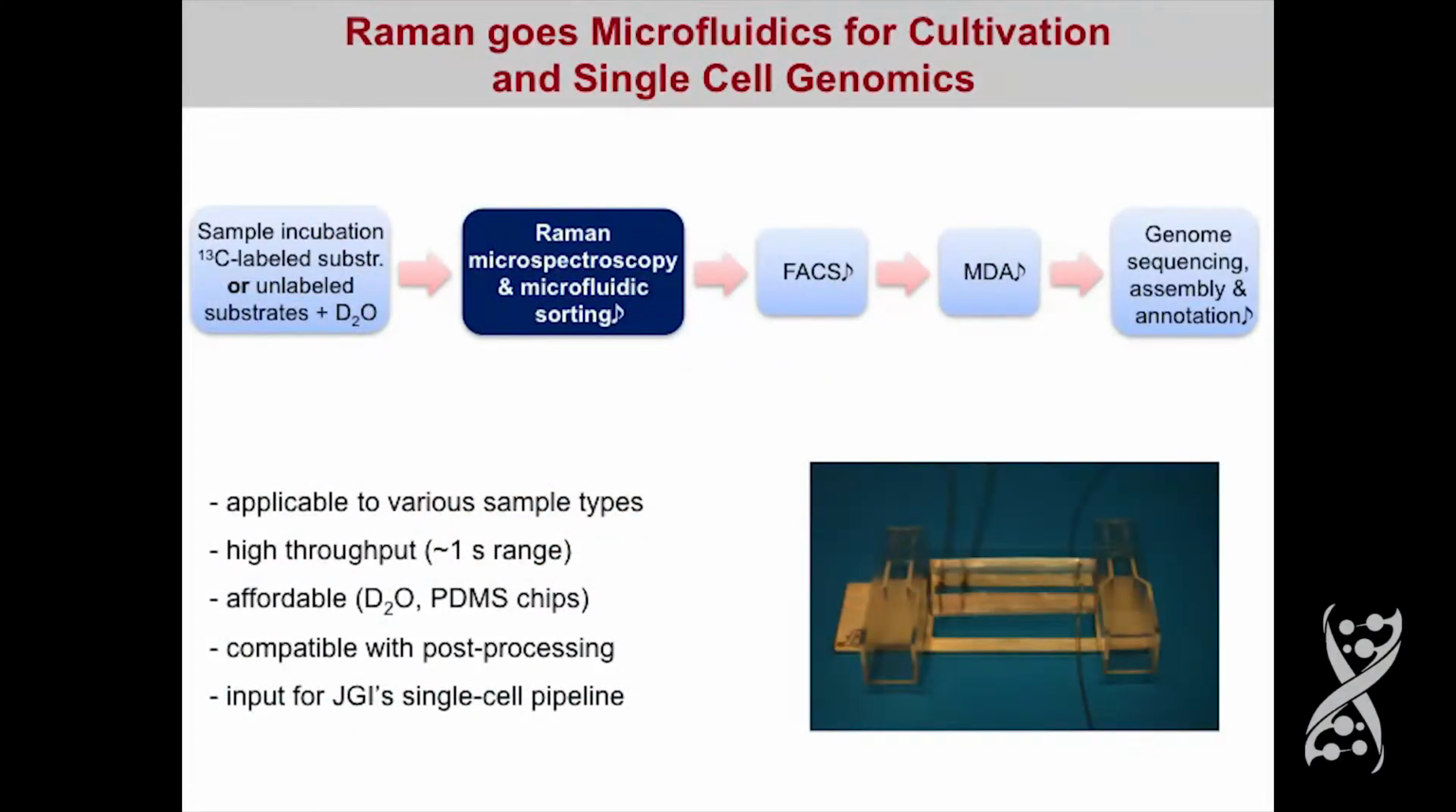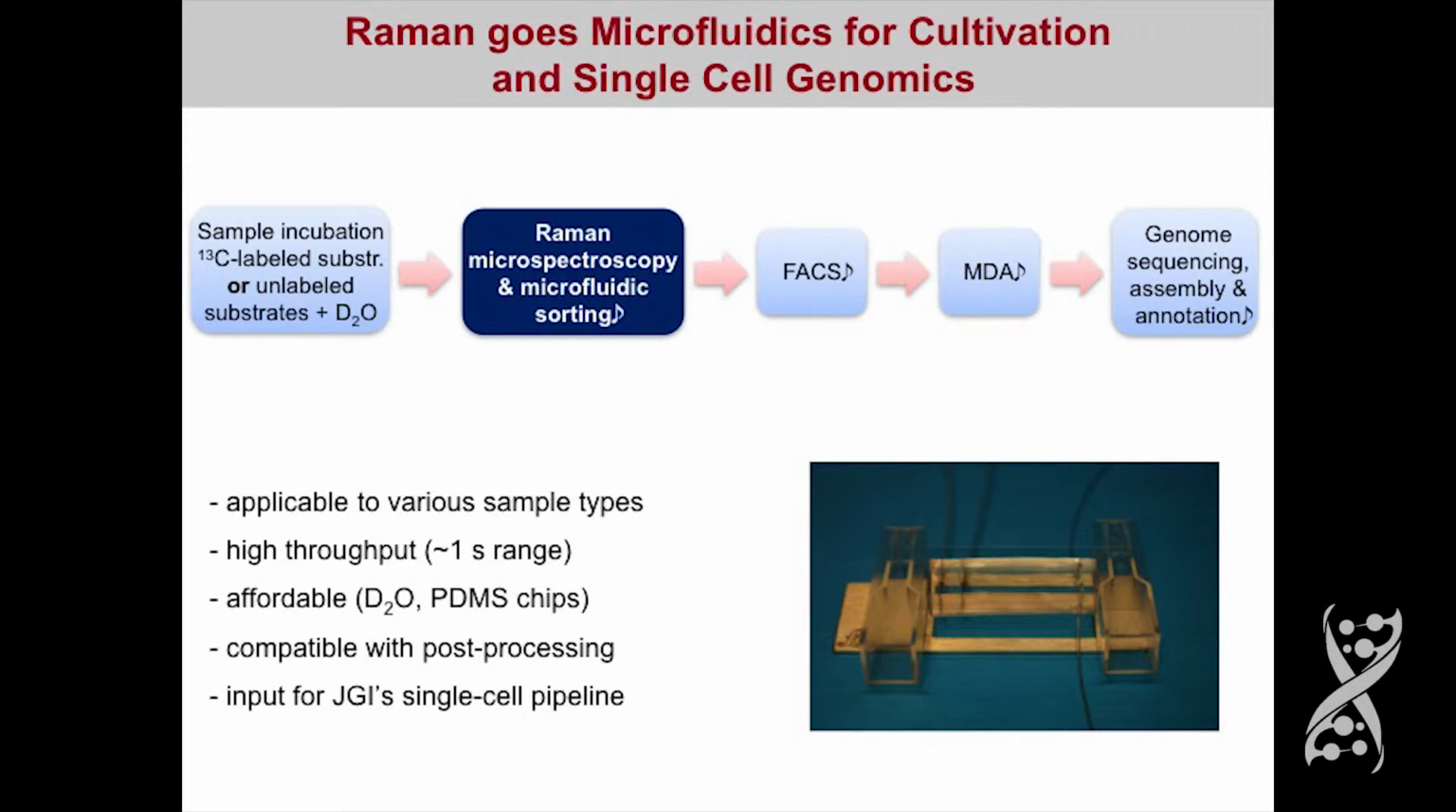The idea of this project was to develop a device that can sort cells from various sample types. So you just simply incubate your sample with either 13C-labeled substrate or an unlabeled substrate and add D2O to it, and then just pump it through a microfluidic device, which can measure cells in a very quick manner, in 1 second, let's say, and which is cheap, so you can just throw it away after one sample to avoid cross-contamination. And this device should be really compatible with subsequent analysis and might serve as an input for the